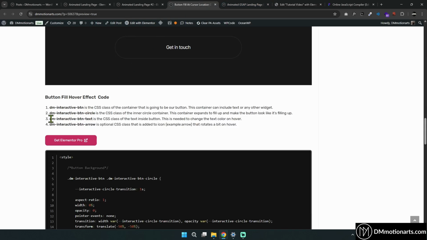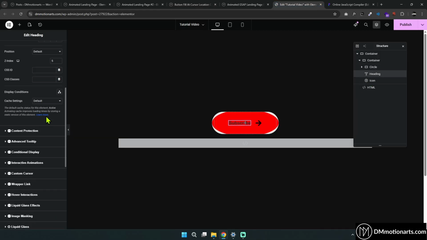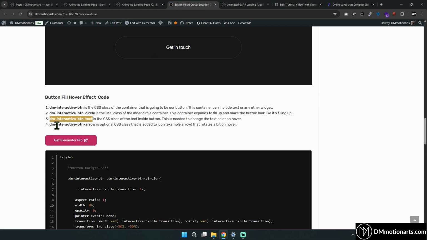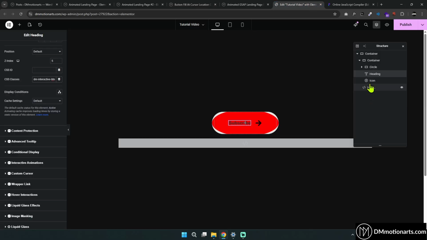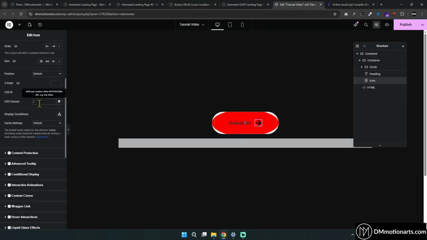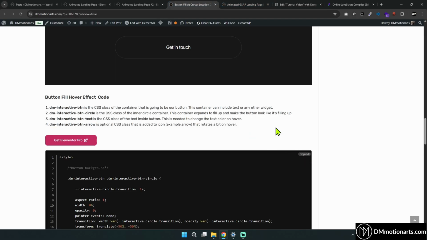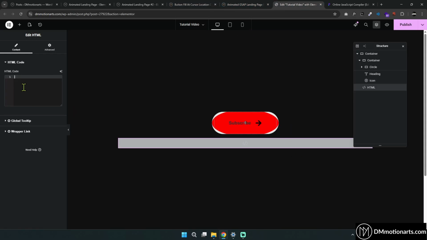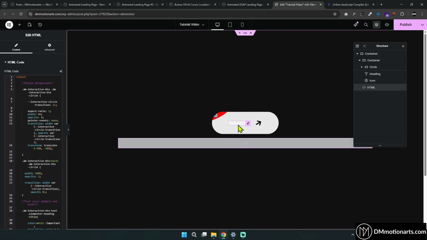Then let's copy DM interactive text. Let's copy this and give it to the heading in here. Then we copy DM interactive button arrow, again optional. Let's go into the icon and add it. Now once everything's done, all you need to do is copy this code, paste it in here, and suddenly something